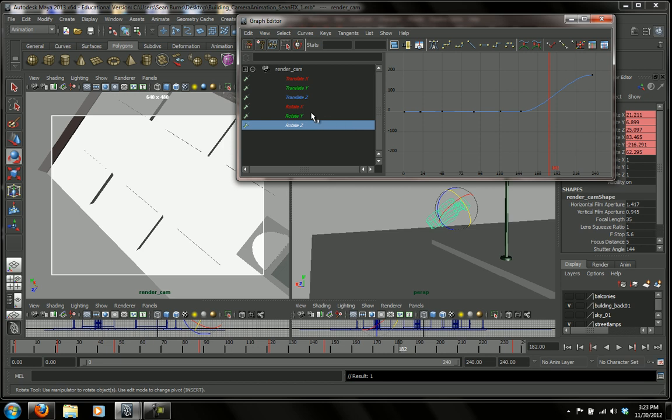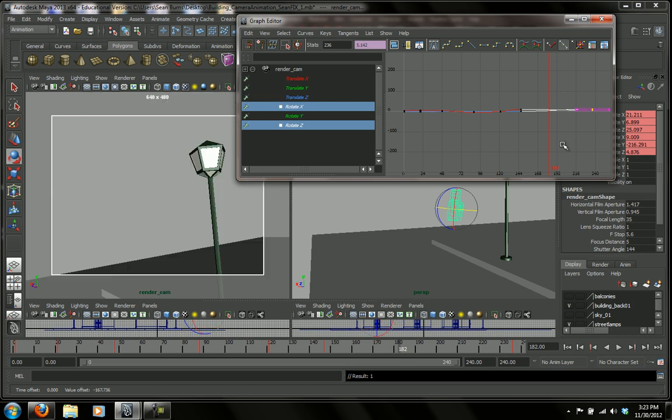And I could actually do these at the same time. Press Control, rotate Z, rotate X. I could do these all at the same time, and I'm basically zeroing that out. So there isn't a movement there. There isn't a motion on that axis